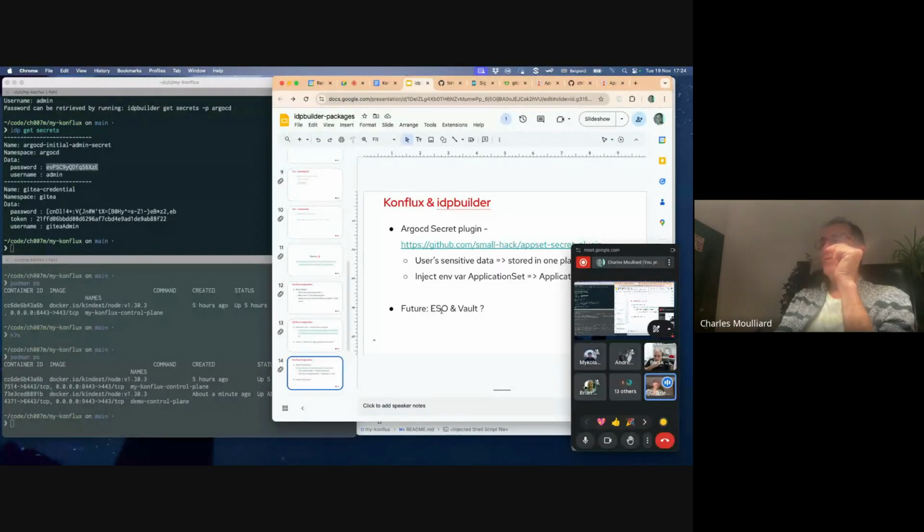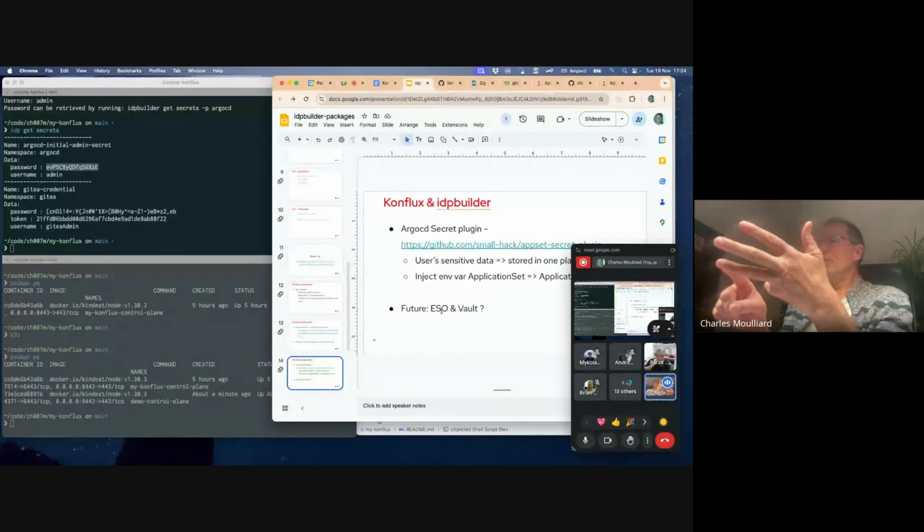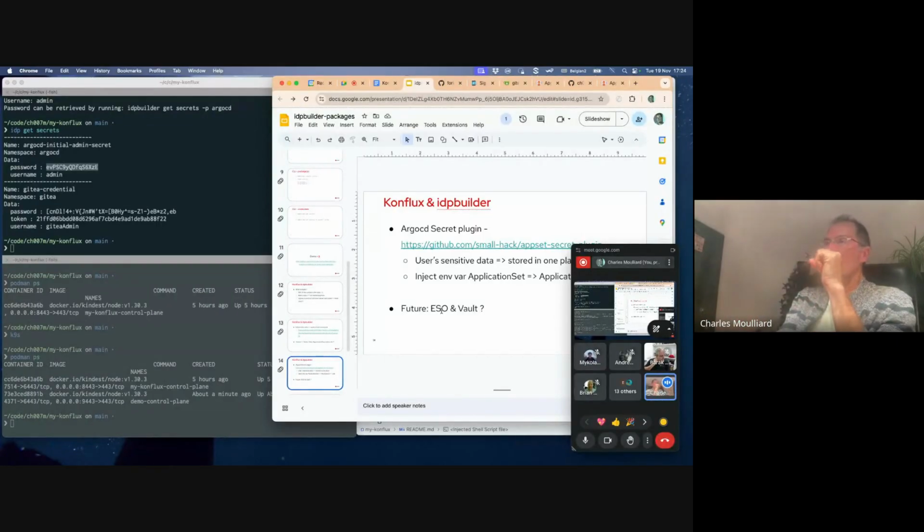I decided also to simplify the process and to configure SME plus GitHub application ID and GitHub private key. I decided here to use a simple Argo CD secret. Why? To keep the proof of concept as simple as possible, to have one place where I can push all the sensitive data. Until now, it's just deployed in one secret,